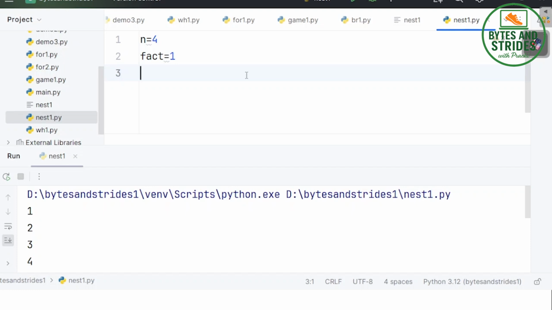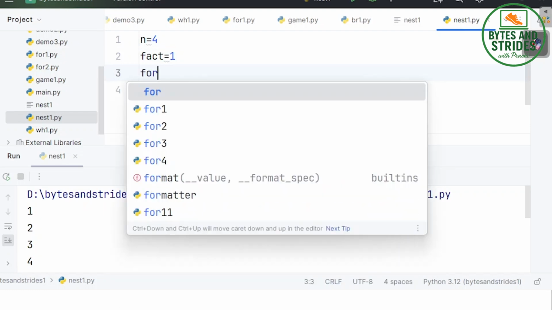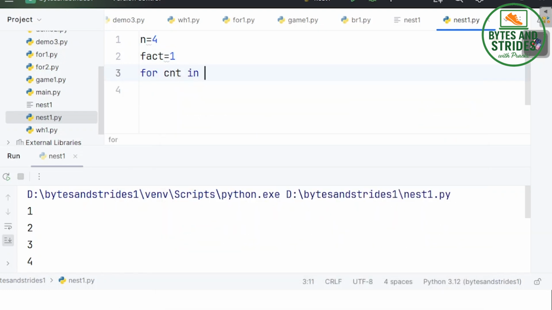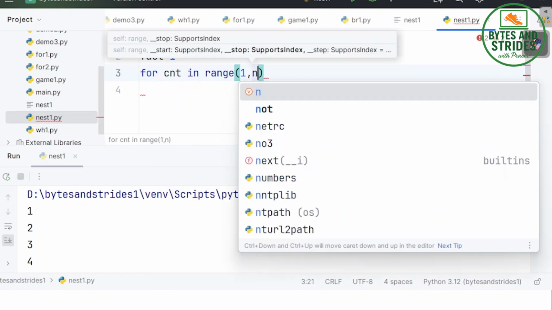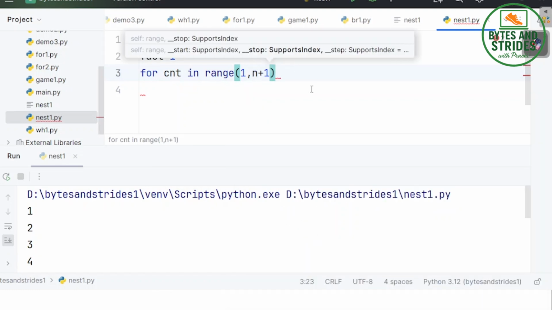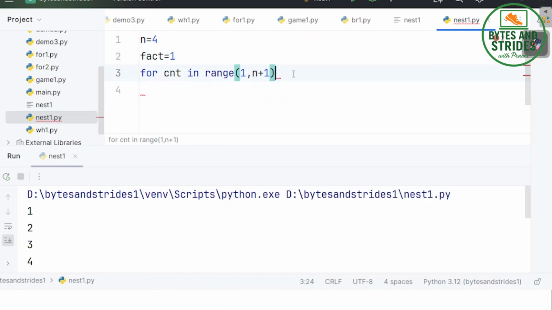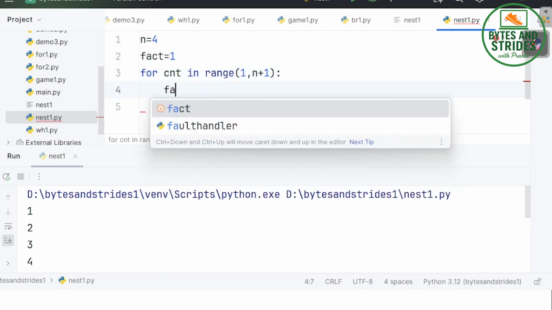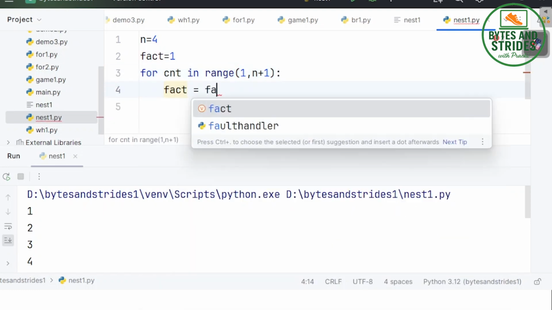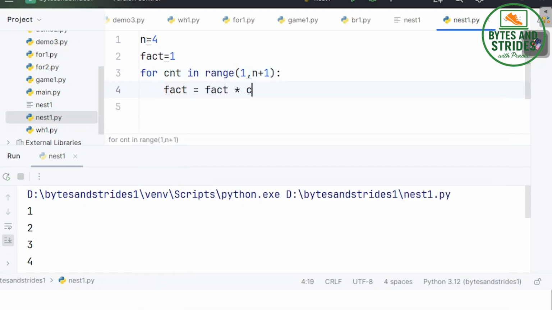Now I can have another counter, for count in range 1 to n plus 1. Remember, if I write n, that will be skipped. Then I say fact equal to fact multiplied by count.